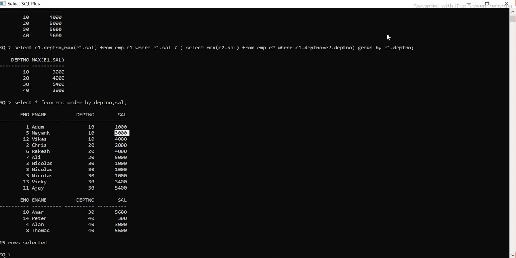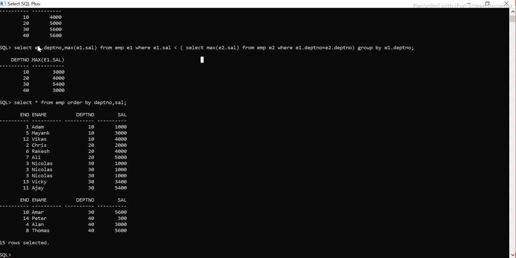So here, in the outer query, we have used the GROUP BY actually. What we are grouping is the department number, right? This is a bit of a tricky question, guys, and once you understand this concept, I think it is very easy. I will suggest you practice not only this, but more and more